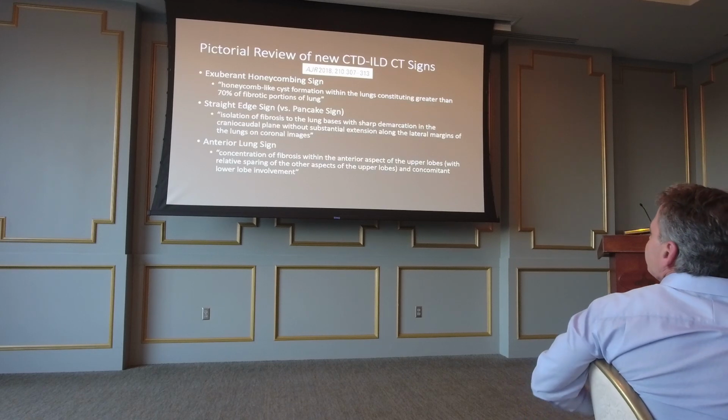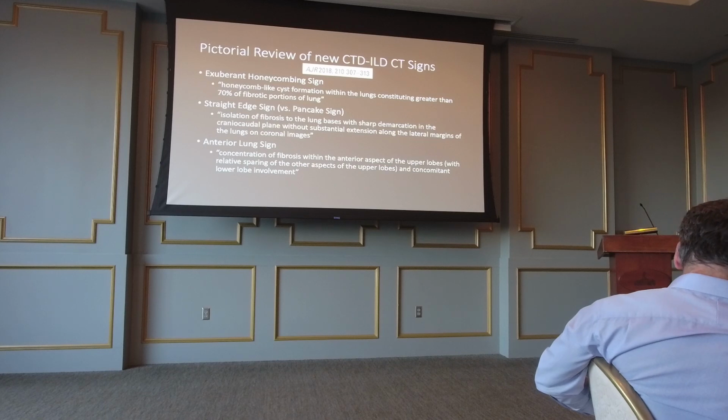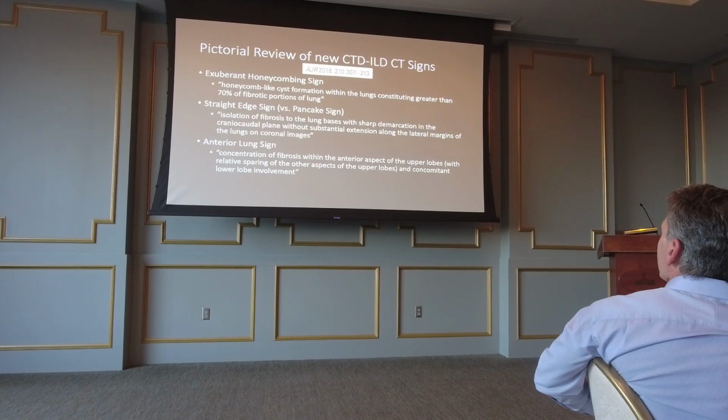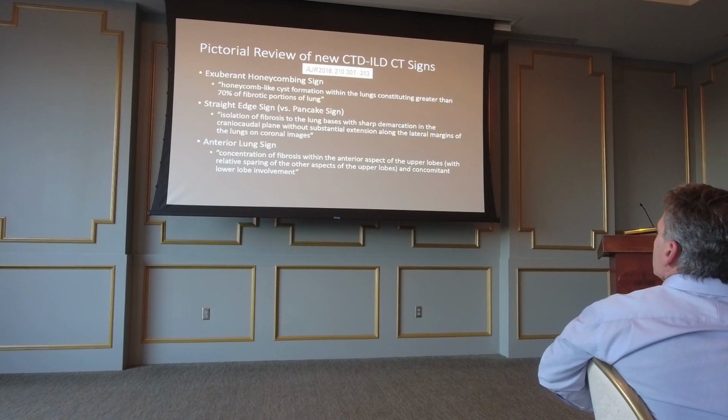So what are these signs? Exuberant honeycombing sign. This is just saying that the majority, 70% of the fibrosis is involved in honeycombing. But I will tell you that there are other features of this that we're beginning to look at as well. One is the fast transition between involved lung and uninvolved lung, like that very clearly defined transition. Although people say that's the straight edge sign, that's not the straight edge sign. It's something that we haven't really looked at, and it would be a good study unto itself. But the other, and one that I'm just starting right now, is that exuberant honeycombing holds its volume. So I'll show you some examples, and the lungs won't be collapsing down despite they have really profound interstitial lung